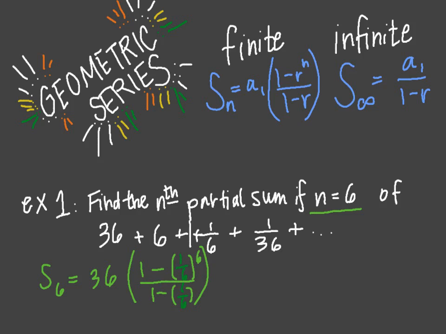Okay, so now let's leave 36 on the outside, and let's evaluate 1 minus 1/6. That's in the denominator. So keep in mind, 1 is 6 over 6. So 6 over 6 minus 1/6 is 5/6. Okay. For the numerator, you can get out the calculator for that. You have to do 1/6 to the 6th. 6 to the 6th is 46,656. So we've got 1 minus 1 over